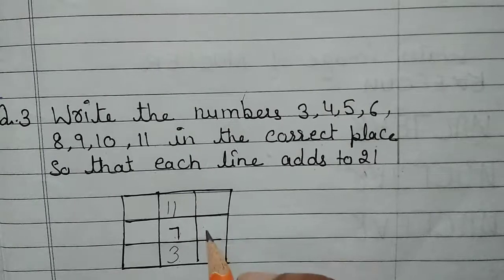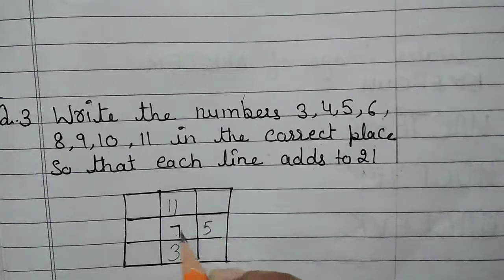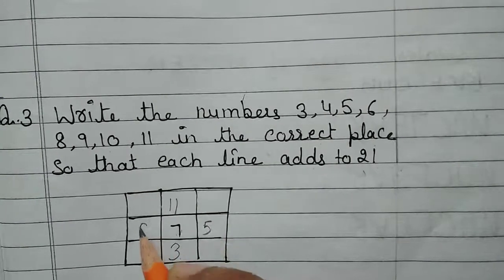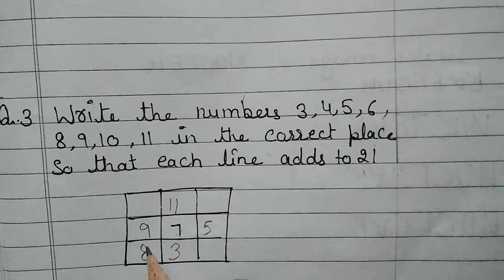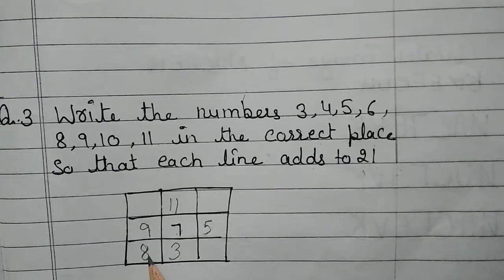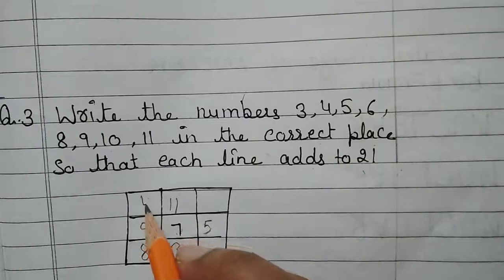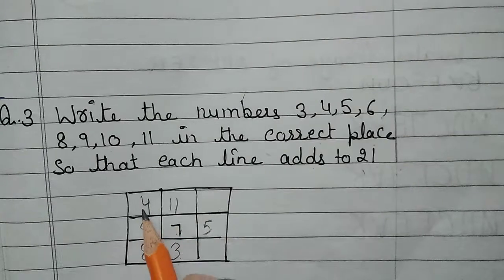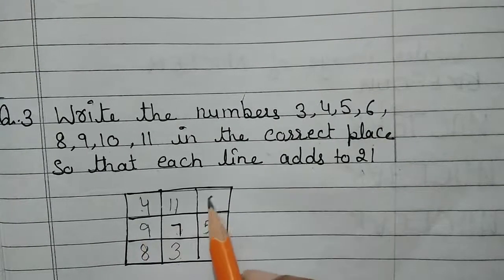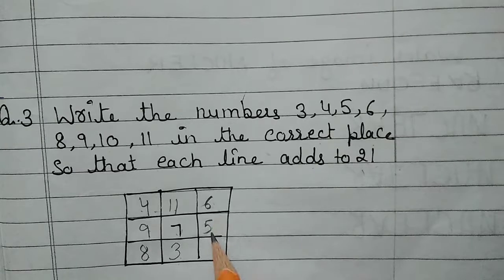Now, if I place 5 here, then 7 plus 5, 12. We need 9 more to get the sum 21. Now, 9 is here. So, if I place 8 here, then 9 plus 8, that is 17. We need 4 more to get the sum 21. Now, 11 plus 4, that is 15, we need 6 more to get the sum 21. Now 6 plus 5, 11, and we need 10 more to get the sum